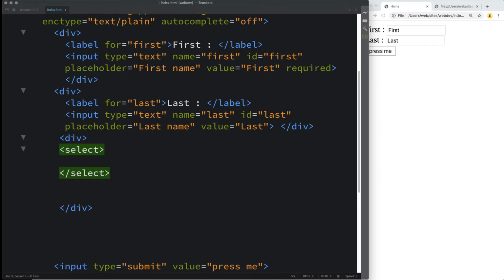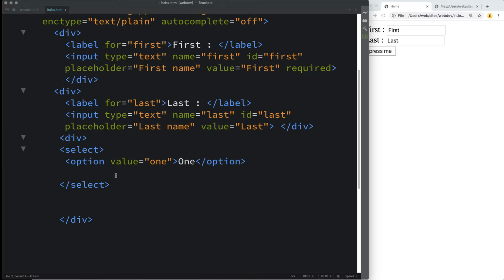And what select does is it defines a drop-down list. So you can have a number of options within the drop-down list. And then these are their own tags where we've got an option and setting up the value of the option. So set that to be 1. And then the visual value for the user as 1. So notice that I did this one as uppercase so that we can see the difference of what actually gets submitted as opposed to what the user sees. So these are two different values, and they're going to be treated separately.